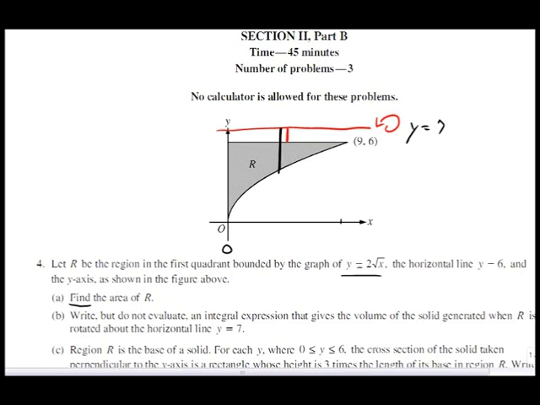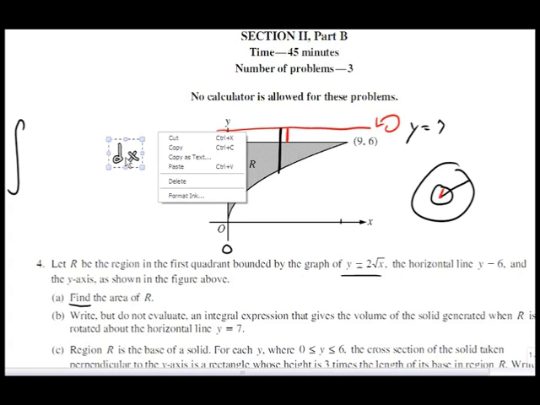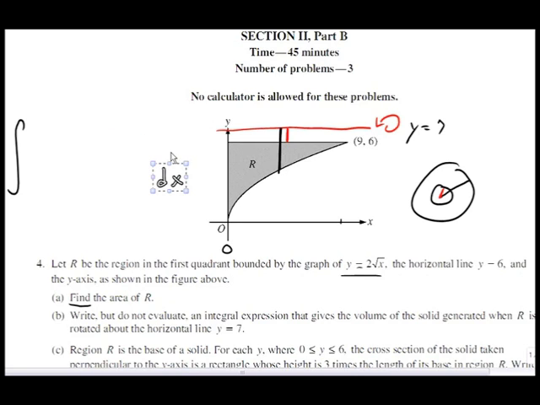So the cross sections will look like this. That black line that I drew is this one. The red line that I had drawn is this one here. So we just have to find the general area of one of the cross sections, and we'll plug it into our integral. So you guys set dx. So my limits of integration are going to be from 1 to